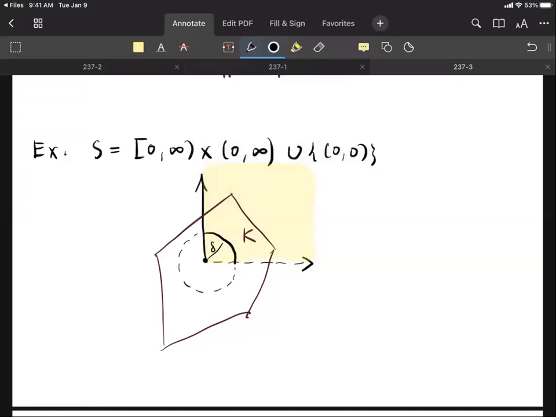So if K is compact, and the intersection of S with the ball centered at the origin with radius delta is contained in K,